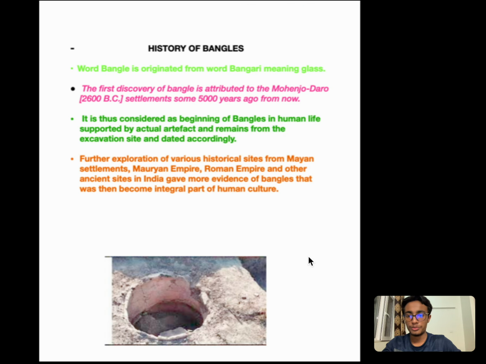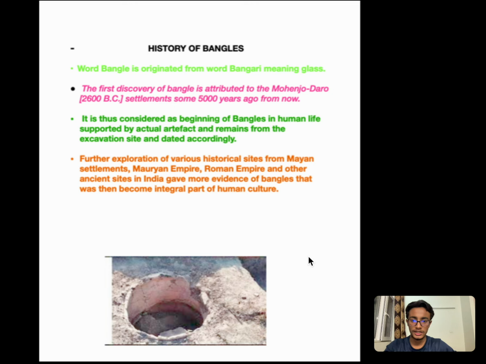Then the history of bangles. The word bangle originated from the word bangari, meaning glass. The first discovery of bangles is attributed to the Mohenjo-daro settlements some 5000 years ago. It is thus considered the beginning of bangles in human life, supported by actual artifacts and remains from the excavation